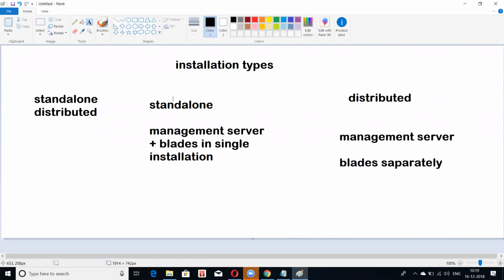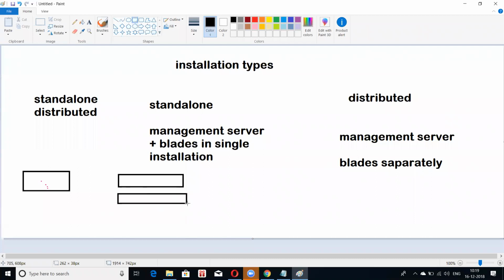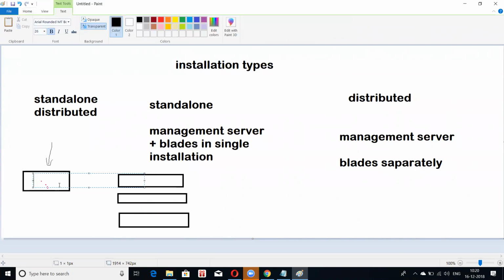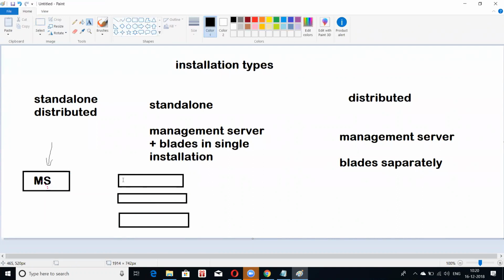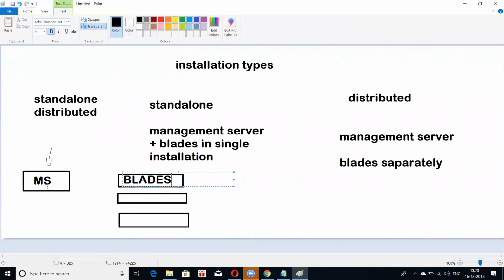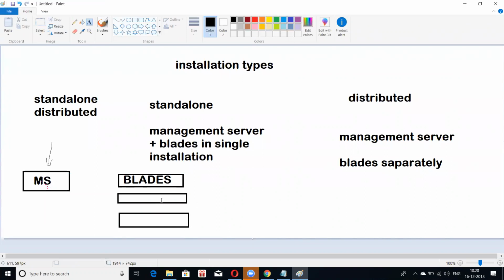Now there are a couple of things. In ASA and other products, we basically utilize a single platform to manage everything, right? Here in Checkpoint we have a management station, and there will be firewalls. So this is an SDN approach. In SDN, you have a controller, right? So let's put this as MS, the management server, and these are the blades. This is the official name given to these. The firewalls or the UTM solutions are basically blades. So the management server is responsible for managing these blades,